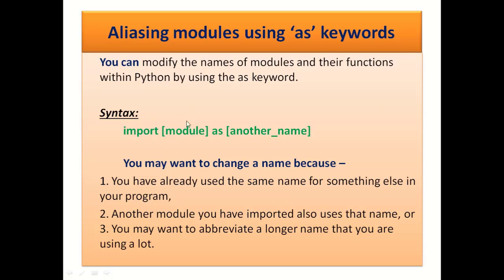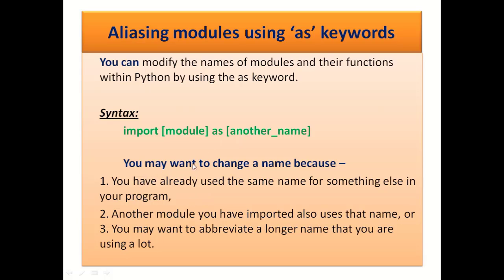So when you are importing a module, if the module name is very large and every time you need to use the dot representation, in which you use a module name followed by a dot and that followed by the function name or the attribute, what you can do is rename that big module name into a smaller name and use that smaller name in dot notation.